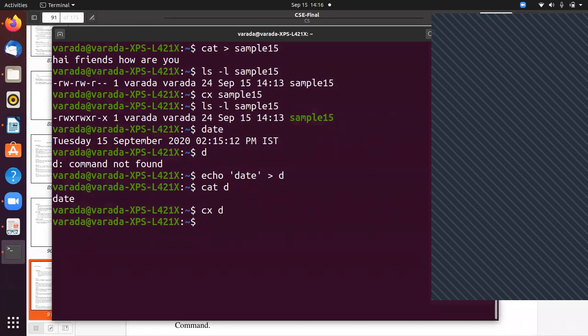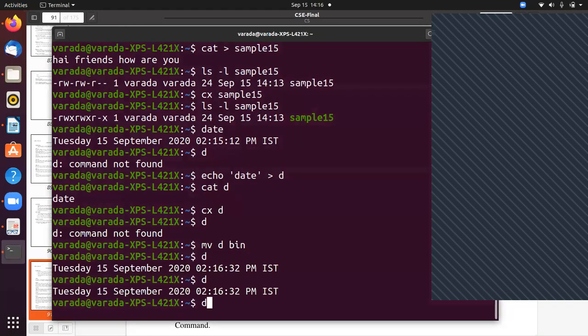Now the permission of d will be changed to execution. Now if I press d, it says command not found. So I move d to bin. Now if you press d, it displays the date.